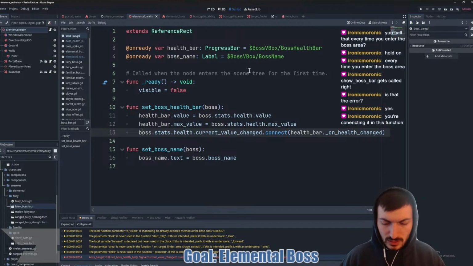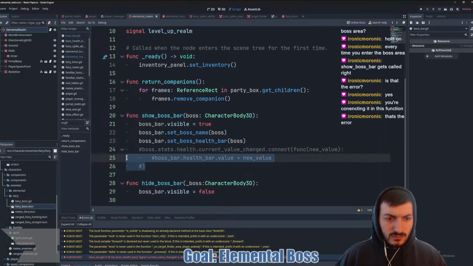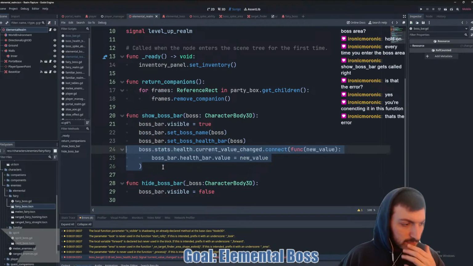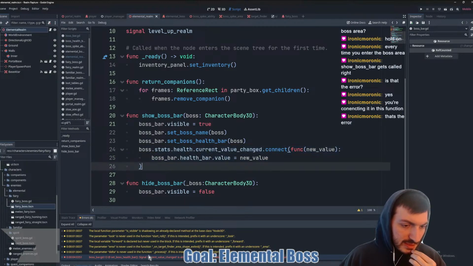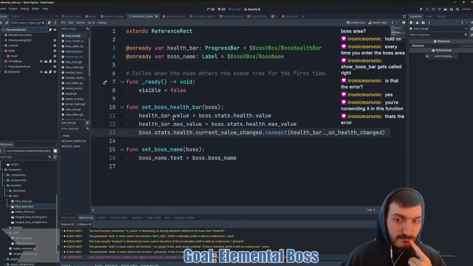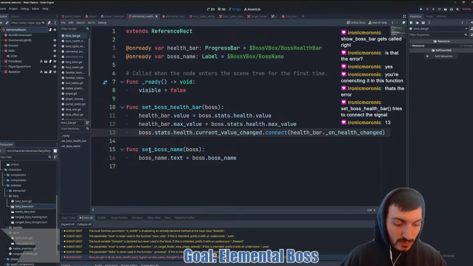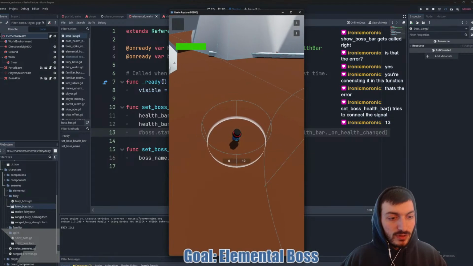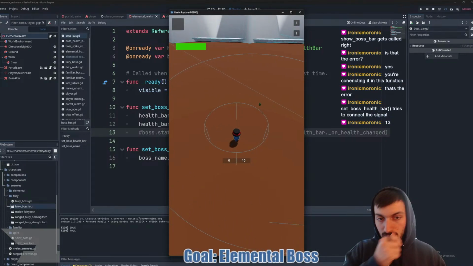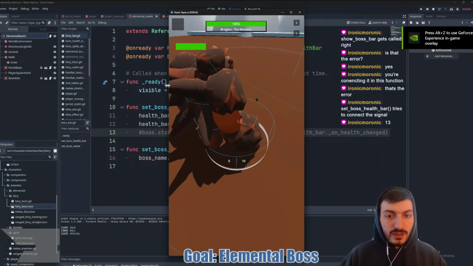So that didn't do it. You're connecting it in this function. That's the error. Oh, in this function here. So if we get rid of it then, because it's already connected anyways. Oh, okay.